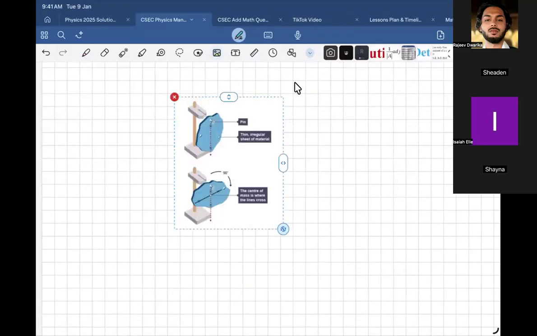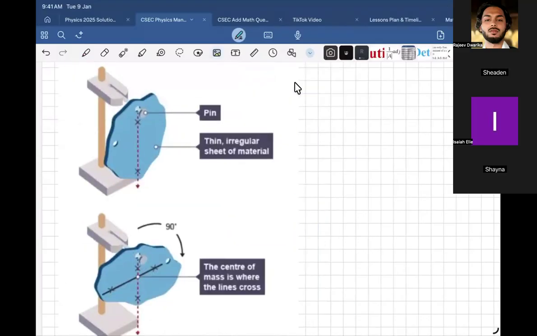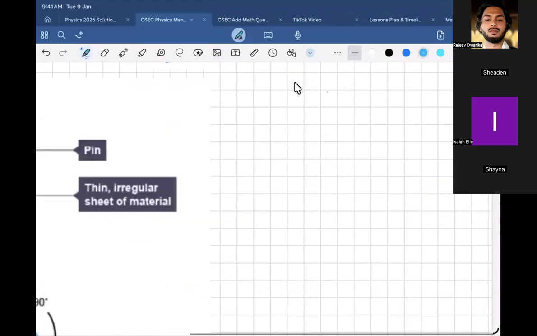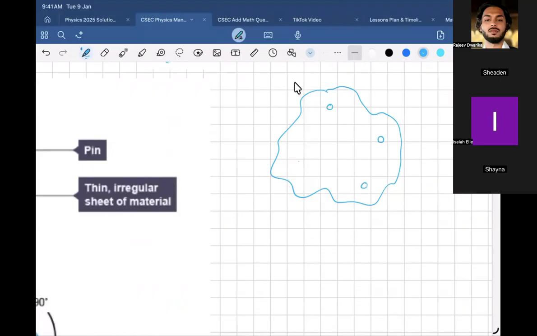All right, so you all understand what I said so far, right? You have an irregular shape. What we're going to do is put a bunch of holes along the outer perimeter. Are we following so far? Tell me if you understand. Shay, we good? Yes, sir. Nice. Isaiah, you understand?